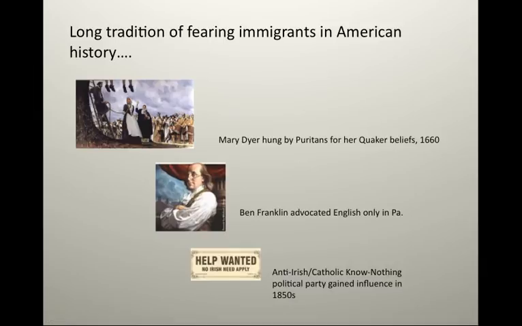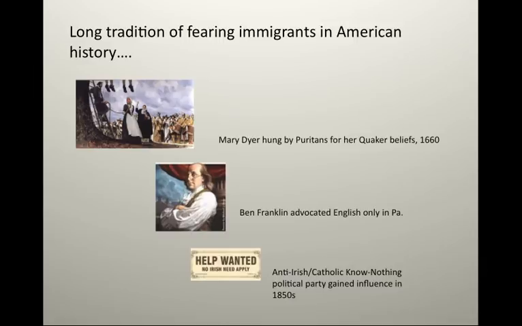Benjamin Franklin, one of the architects of American liberty, himself advocated, I guess, what we'd call an English-as-the-official-language ballot in Philadelphia in the 1750s. Alarmed by the growth of German-speaking immigrants to the Pennsylvania colony, Franklin felt that somehow the English identity of Pennsylvania was in jeopardy of being lost. As he put it, street signs were in German, newspapers were in German.